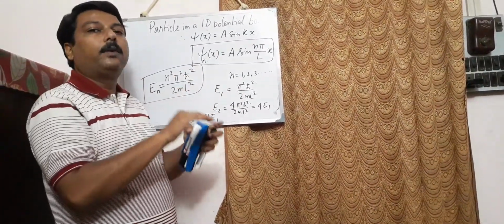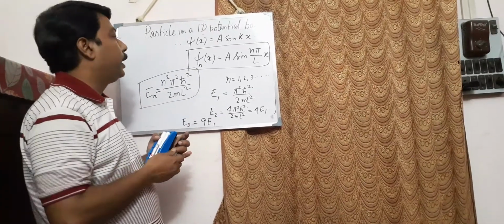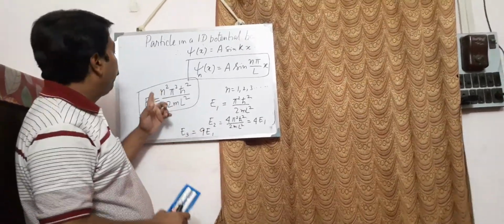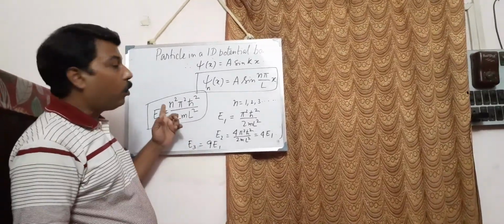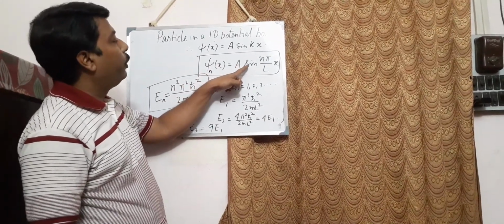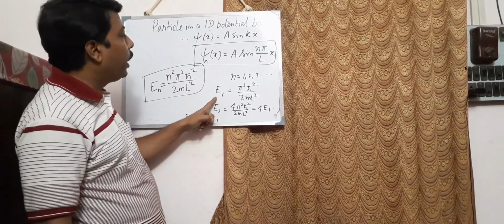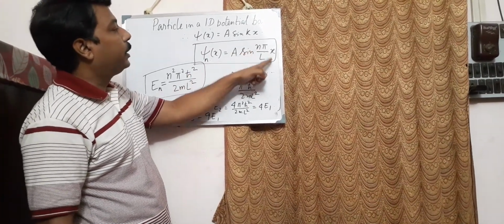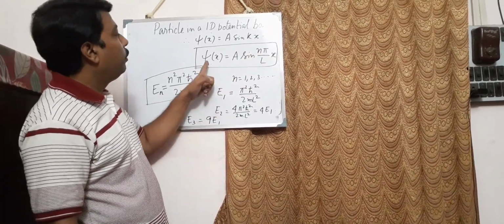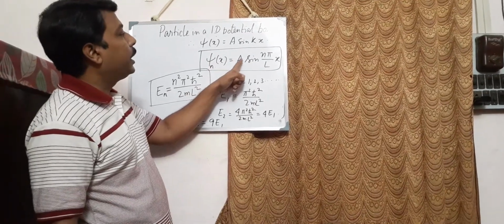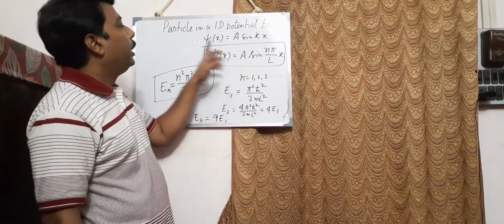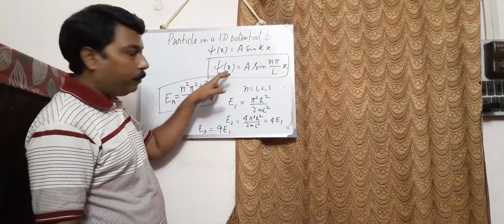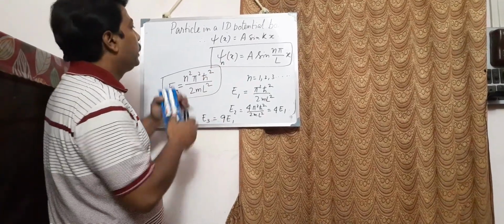So only these discrete values of energy of the particle are allowed, and for each value of this energy, you will have a wave function. So when the energy is E1, my wave function would be psi1, a sine pi x by L. When the energy is E2, my wave function would be psi2, which is a sine 2 pi x by L. So these are the space part of the wave function. The complete wave function, as you all know,